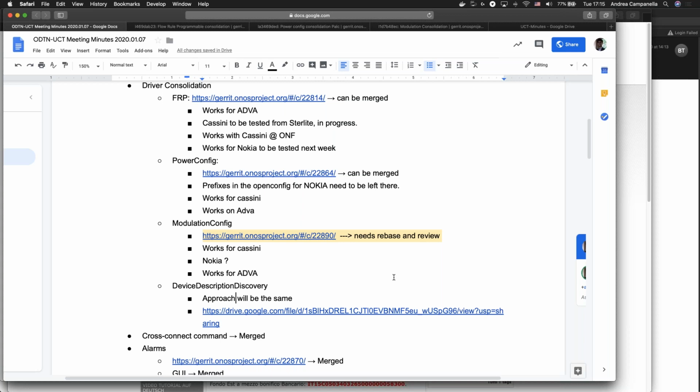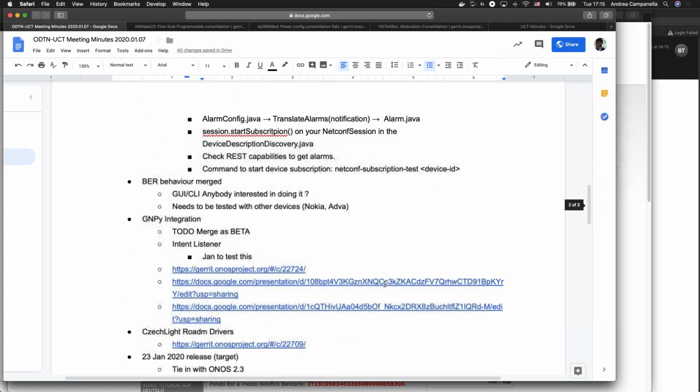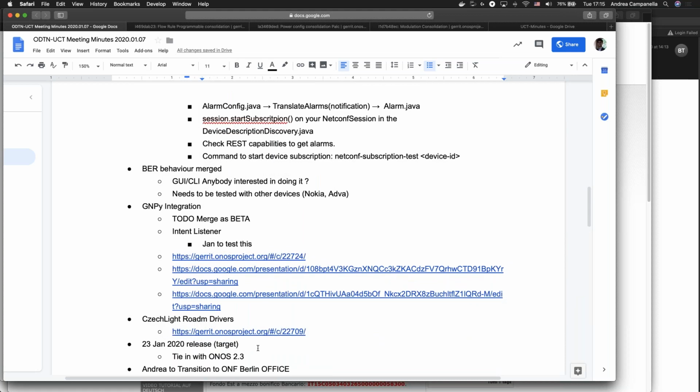Even if we don't get the device description discovery in, I think it's fine, because along with that release I plan to say this is what you can consider ODTN 1.0, the official release of ODTN, which includes phase 1.0, 1.5, and part of 2.0. So cut a few things, release it, and have a few release notes with what you can do, and I'll try to put those together for next week so we can review them together here.